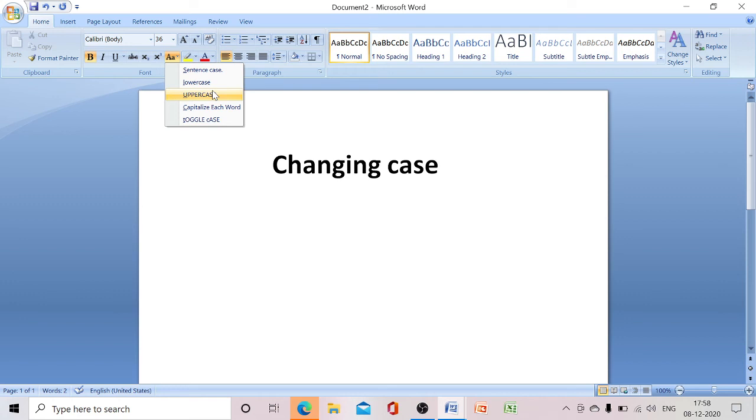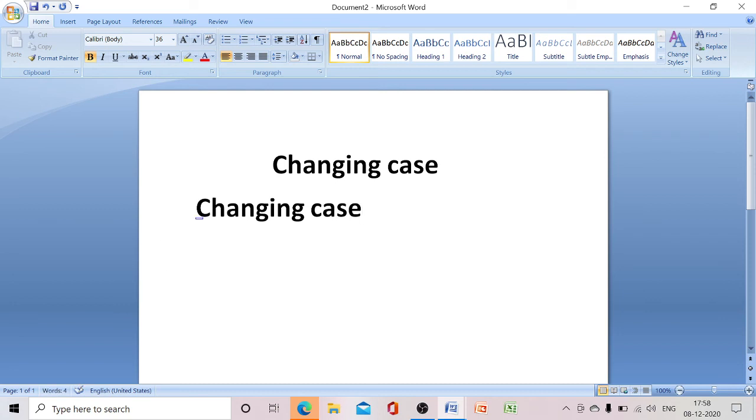And toggle case is the reverse of the existing case. Okay, so let us see. Here, changing case, let me write here: changing case. Here this word is mixed with capital and small letters.